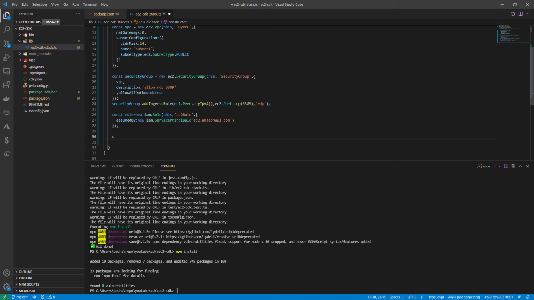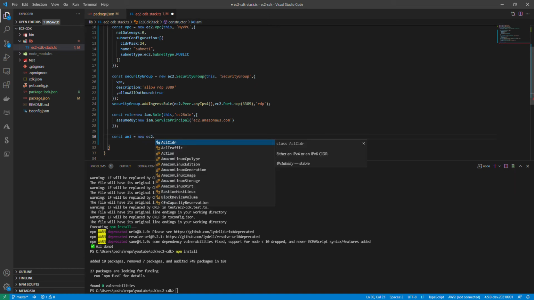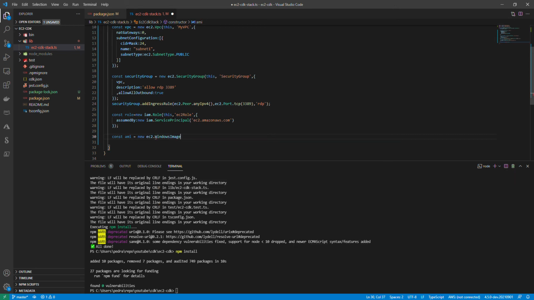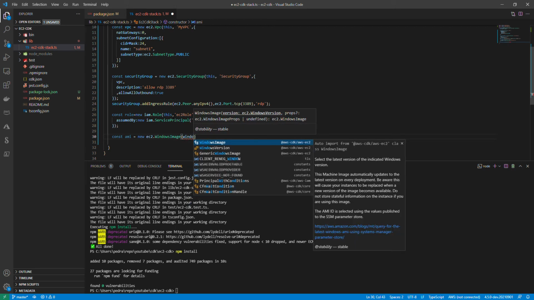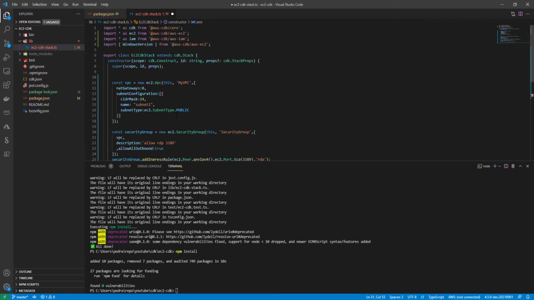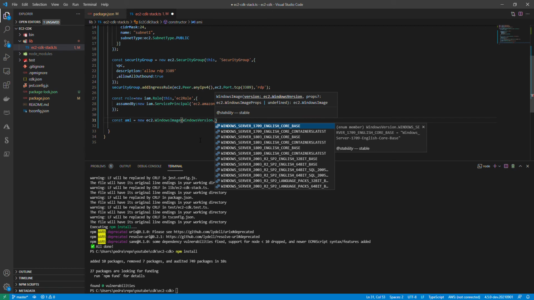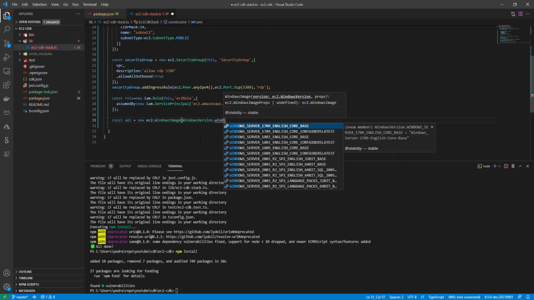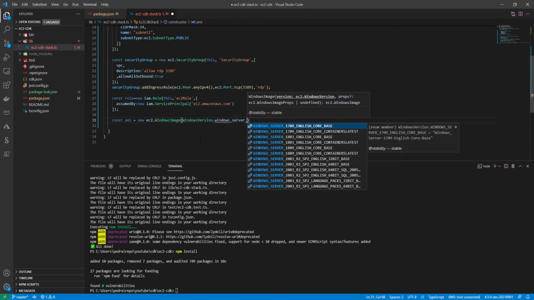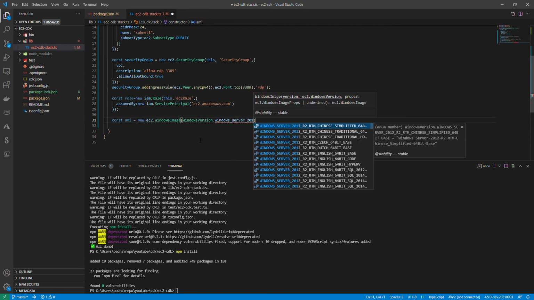Then I'm going to add the AMI, Amazon Machine Image, which is essentially the EC2 instance type that we want to run. I mean, the machine type that we want to run. So I'm going to say Windows image, because I wanted to spin up a Windows, and then I'm going to add Windows version. You see here it added also Windows version from the EC2 module for me, but it's fine. So I say Windows Server 2016,